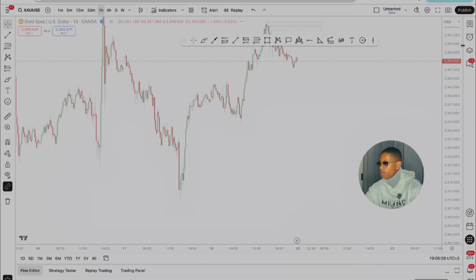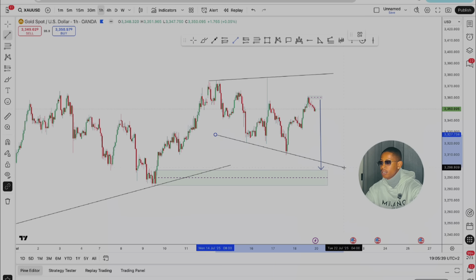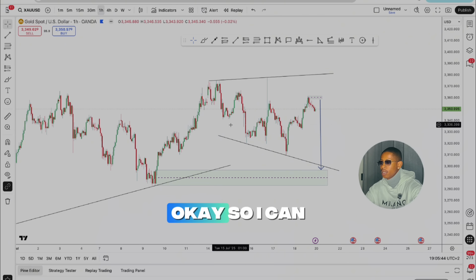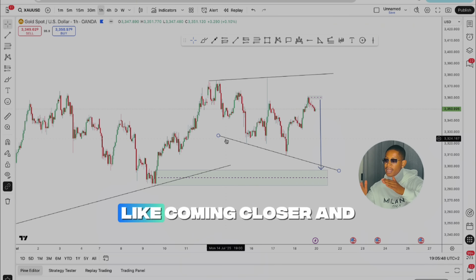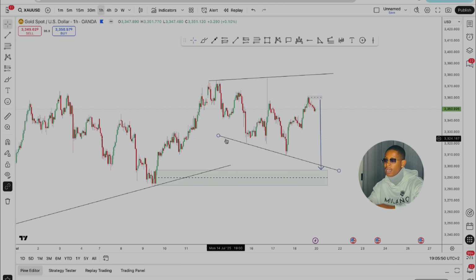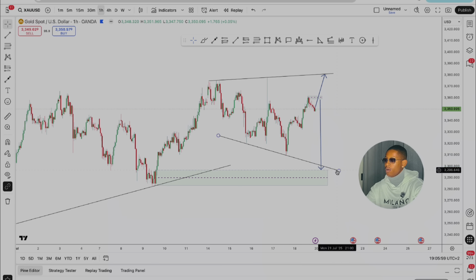And let me just see now. So currently I can see, let me just put this line all the way from here. I can add this more like this, and then I'm seeing, okay, perfect. And then from the downside, this is what I'm doing. Okay, so I can see there's more of an expanding wedge. So instead of it coming closer and tighter, it's opening up, and then either price is going to go back down, or